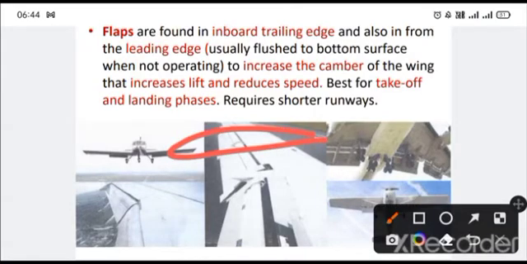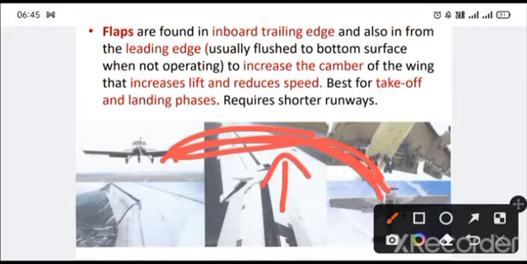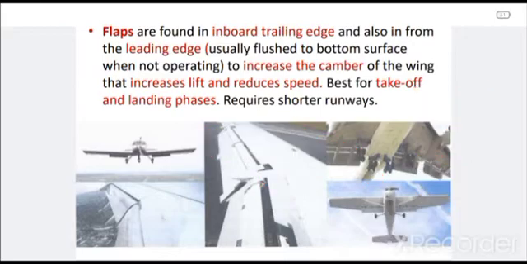Once the flap, let's say this is the wing and this is the flap, goes down, you can see the camber increases, or the entire surface area increases, so that gives more lift. As well, if this is going down, the air is also striking it like this, so that will also decrease the speed. So what happens is the lift increases and the speed decreases, so that allows our aircraft to have a controlled movement. Controlled movement means it will be very easy for the pilot to control during the takeoff